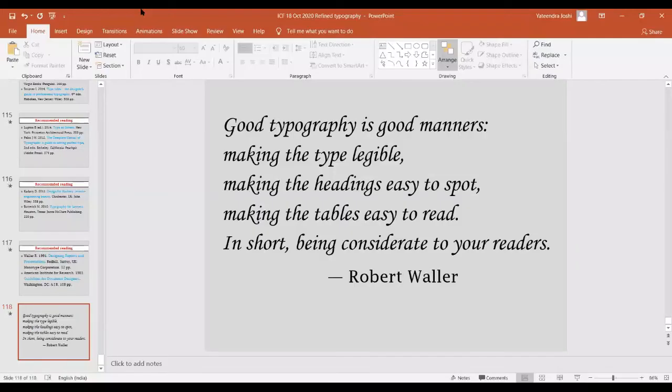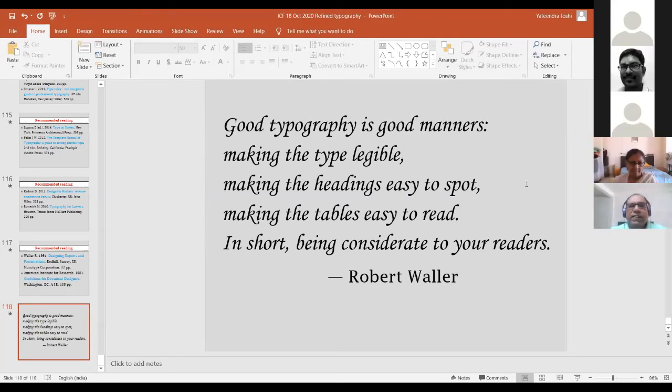And now over to you with questions. Thanks, Jatin, for a very enriching presentation. Divya had a question about superscript. So, Divya, can you please ask your question? Yeah, sure.